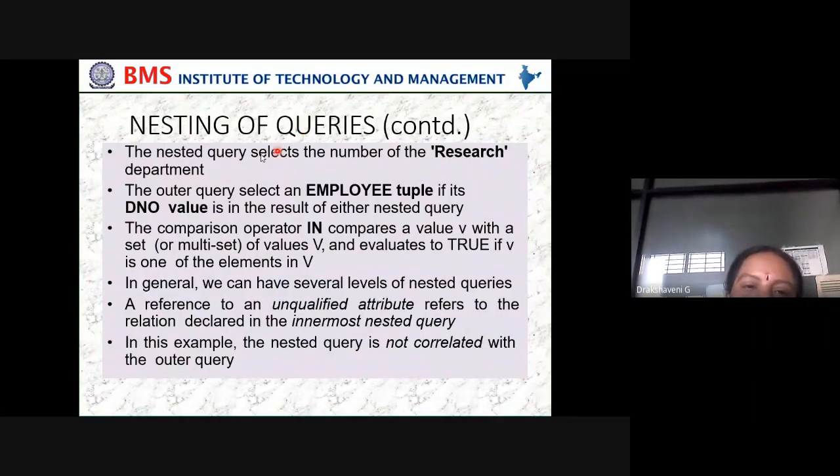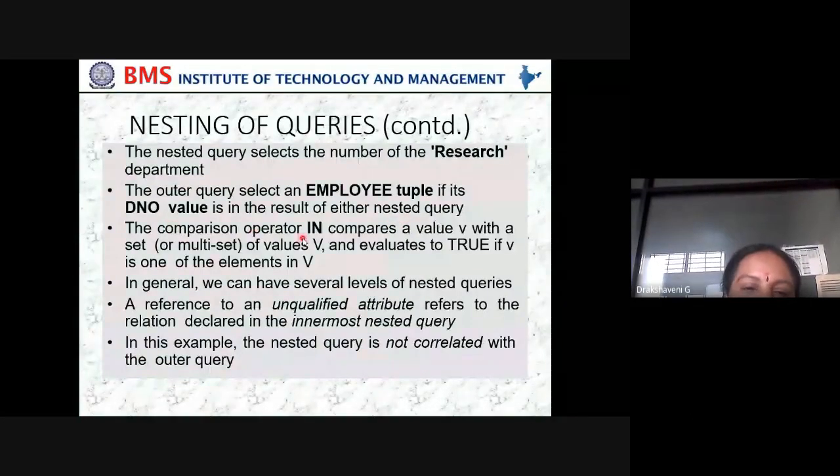What is the nesting of our queries? The nested query selects the number of the research department. The outer query selects an employee tuple if its D number value is in the result of the nested query.